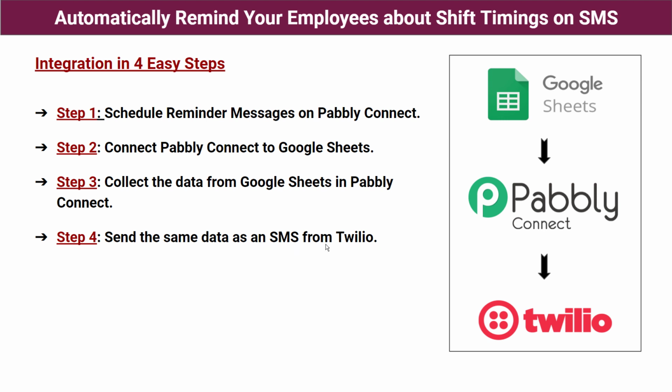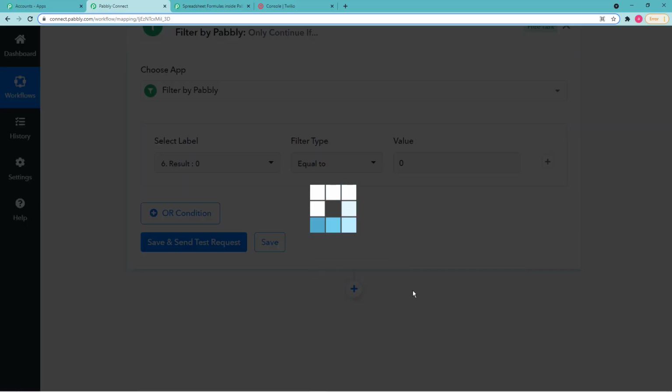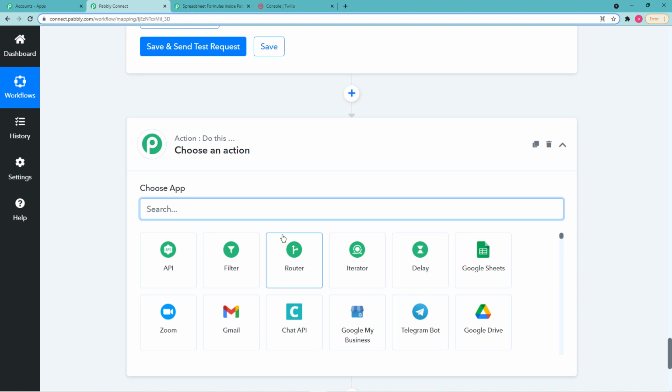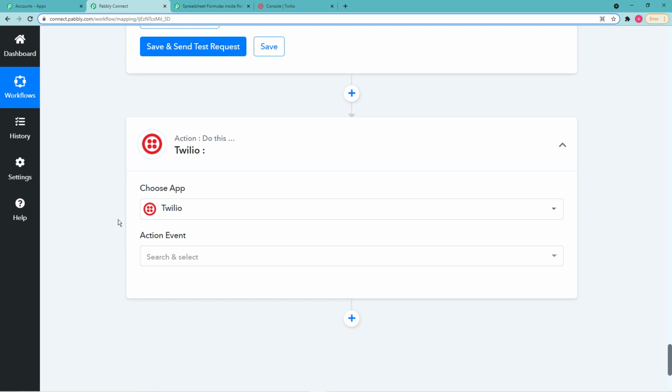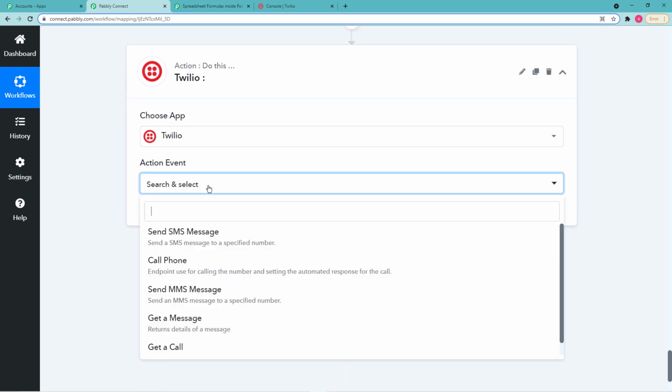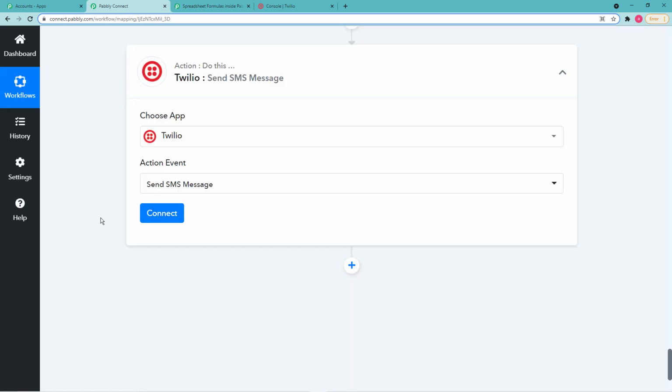So the data we had captured here in Pabbly Connect from Google Sheets, we are going to send that data, an SMS from Twilio to our employees. So let's do this. So now click on this plus icon, and from this choose app you have to choose the application as Twilio. So this is Twilio, and in the action event you have to select the action event as send SMS. This is send SMS message. Then click on connect,